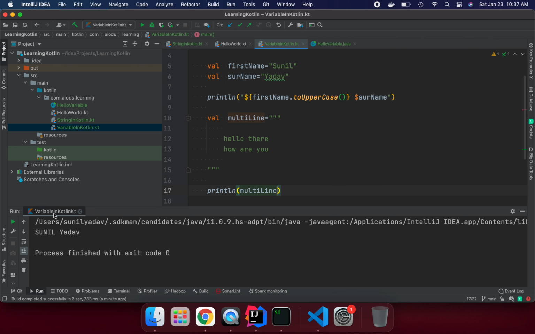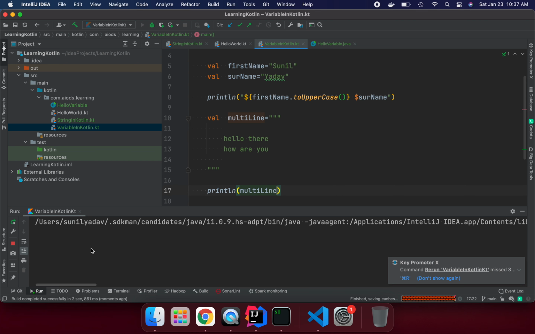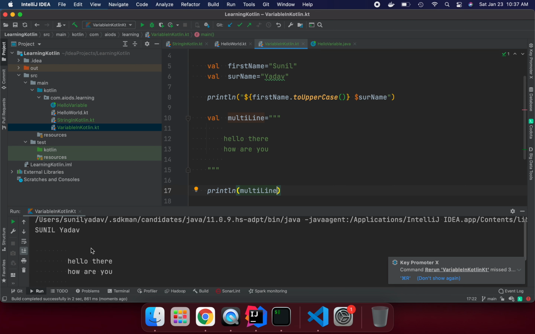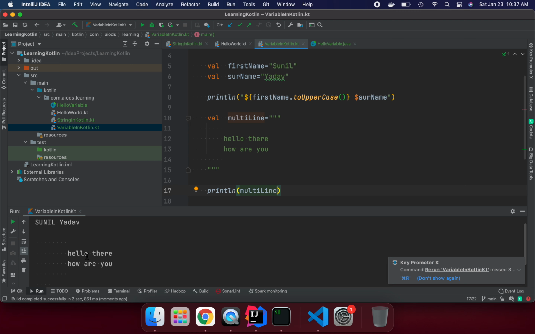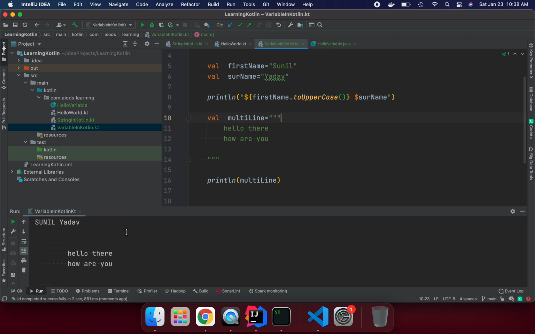Okay, so if we run it, you see this is printing hello there, but we have a space here, it's not coming like so, it's taking the indent till here. So we can use multi-line in our code this way. Let's remove this indent space and try to run it.